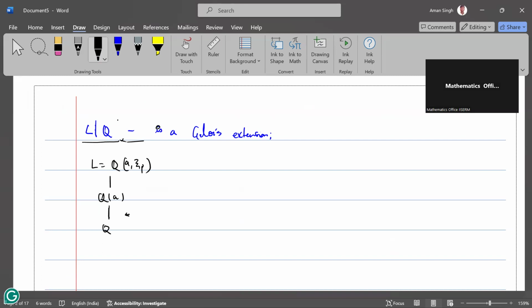It is not clear. But a satisfies the polynomial x power p minus 2, right? Since a to the power p minus 2 is equal to 0 and x power p minus 2 is irreducible,